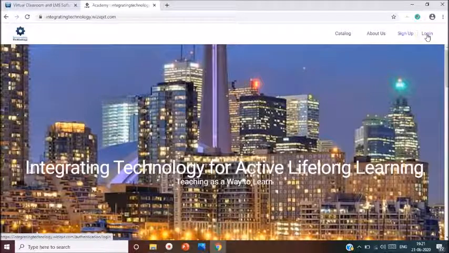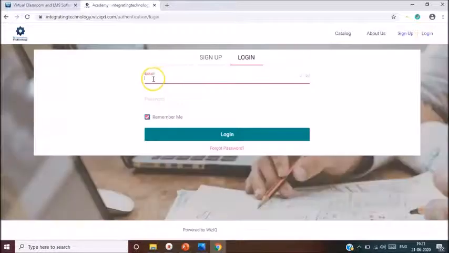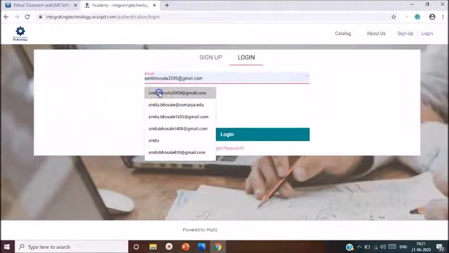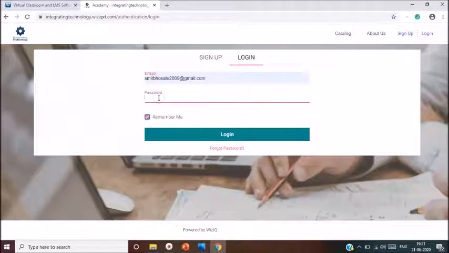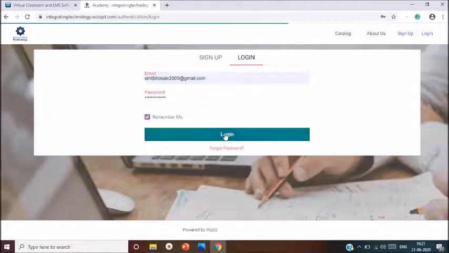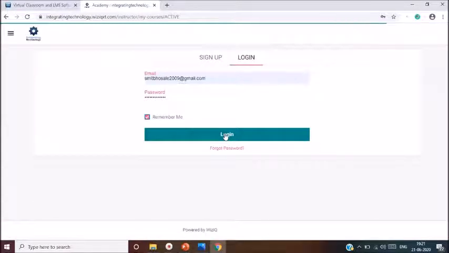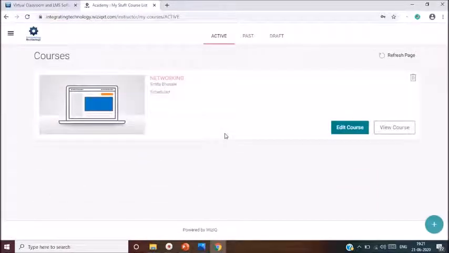So to log into my WizIQ account, I need to select my account, write its password, click on login, and I'll be taken to the home page of my account.